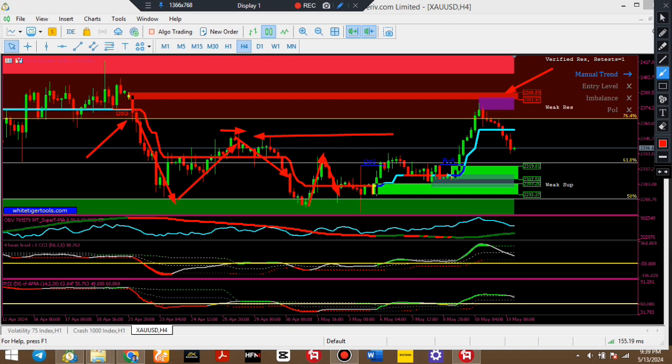In a nutshell, based on this strategy, when price is in this area where we see that looks like red, we will be expecting to take sell. Right? We'll be expecting to take sell. So we go to lower time frame and be looking for opportunity for what? Sell trade. Exactly. We'll go to lower time frame and be looking for opportunity for sell entry.